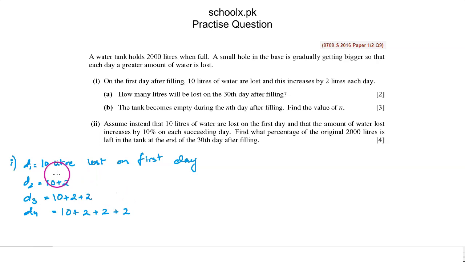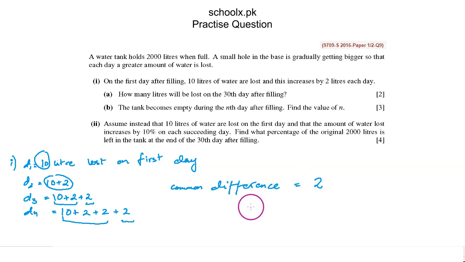So as you can see, the number 2 is being added to the previous term to get the next term, right? This was D2 and 2 was added to it to get D3. This was D3 and 2 was added to it to get D4. So 2 is our common difference. And the water loss is following an arithmetic pattern, right? Common difference is 2 and our first term is 10,